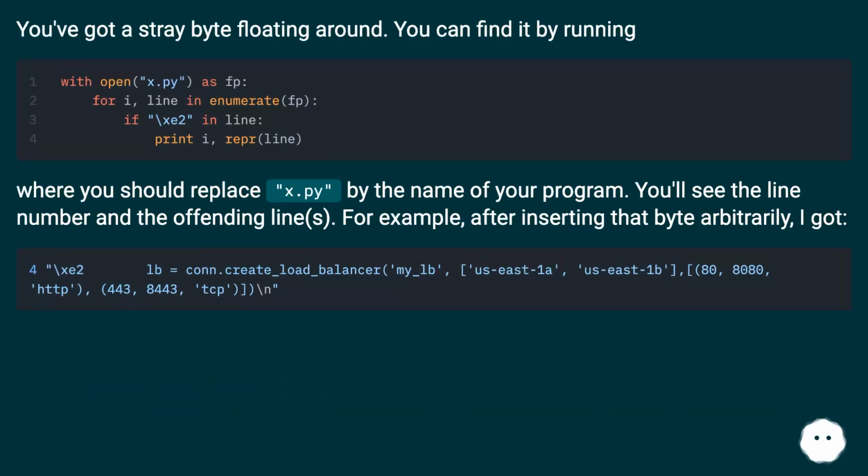You've got a stray byte floating around. You can find it by running this, where you should replace x.py by the name of your program. You'll see the line number and the offending lines. For example, after inserting that byte arbitrarily, I got